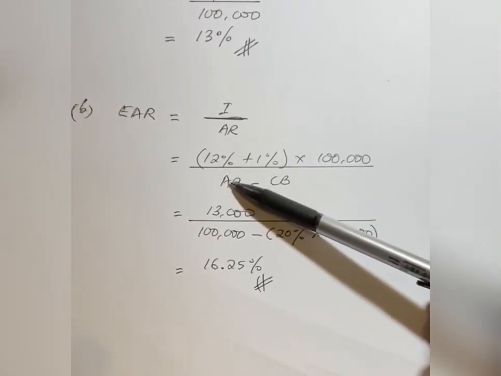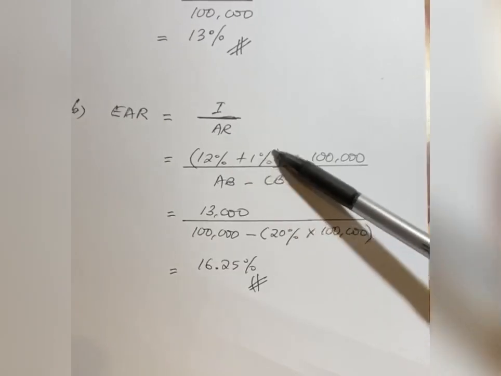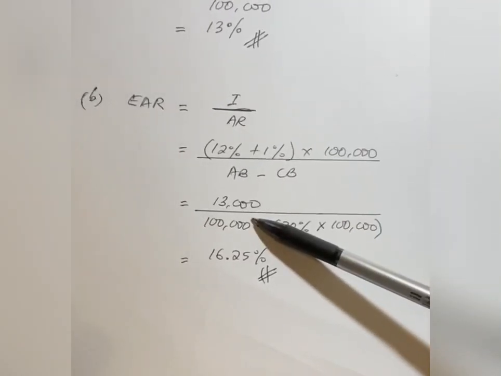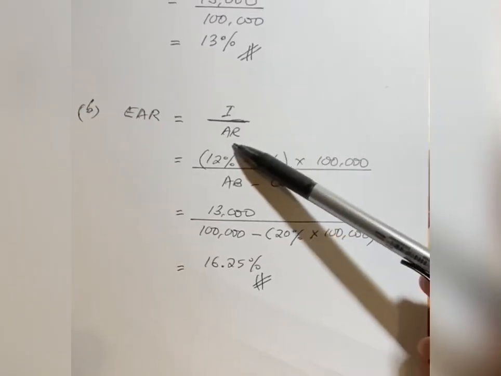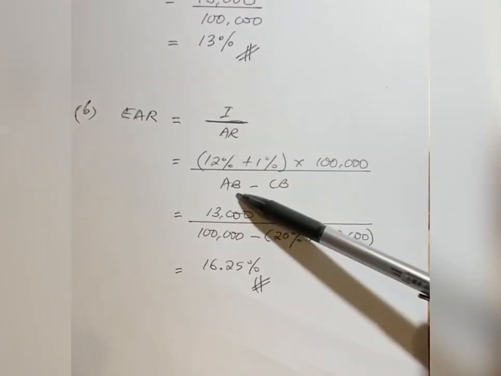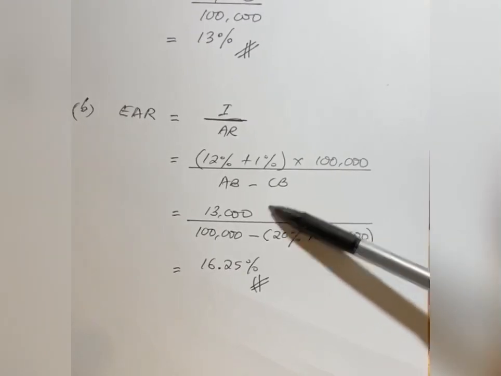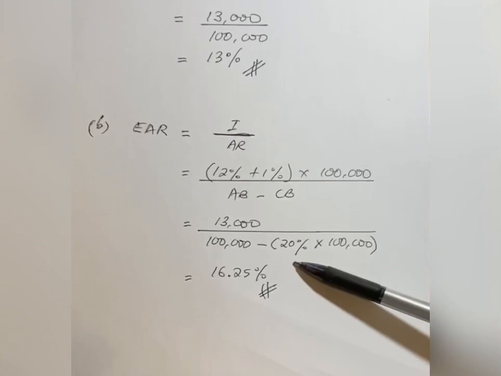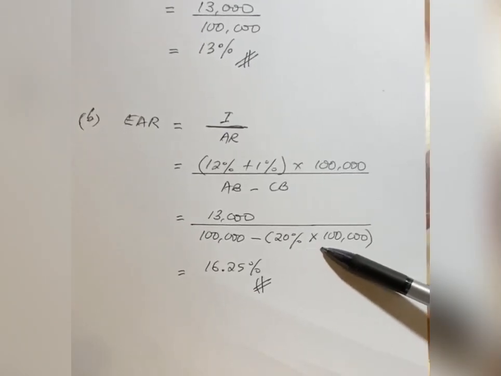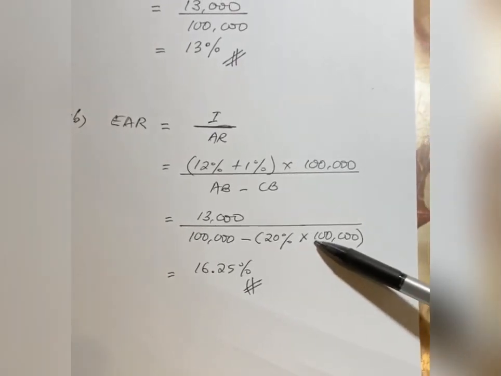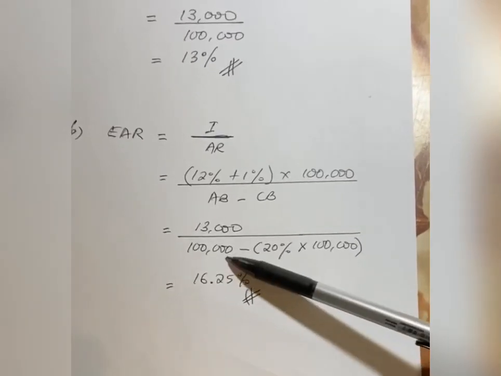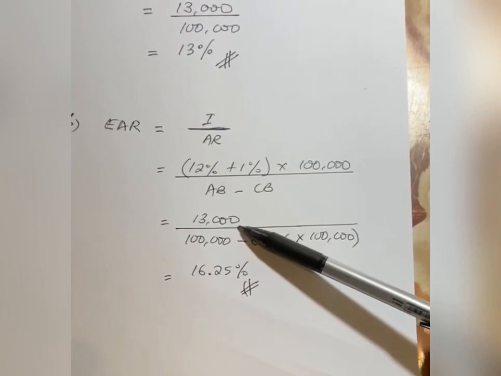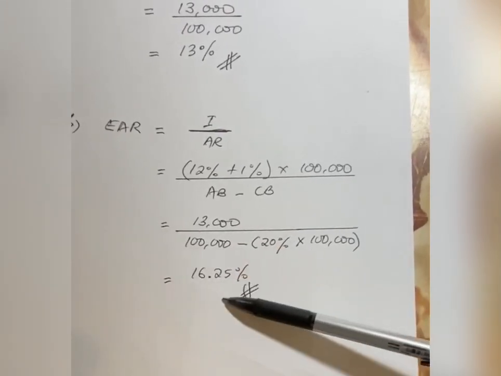The interest is 12 plus 1%, that is 13%, times 100,000, so the interest is 13,000. The amount received is equal to the amount borrowed minus the compensating balance. The amount borrowed is 100,000 minus the compensating balance of 20% times 100,000, that is 20,000. So the amount received is 80,000. So the interest of 13,000 divided by 80,000, so the EAR is